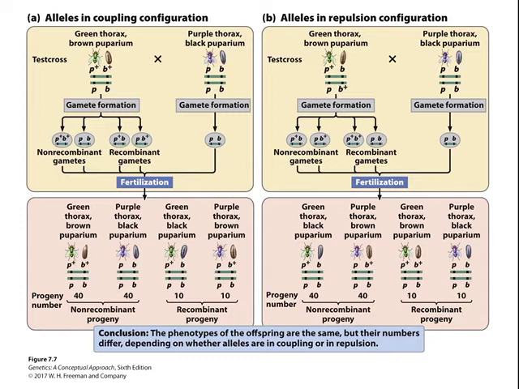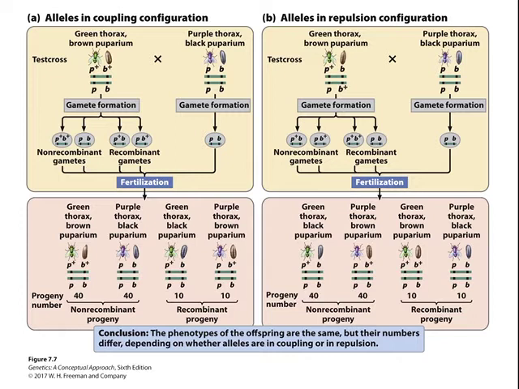Because these genes are linked, there are 2 possible arrangements of the chromosome on the heterozygous fly. The dominant allele for green thorax, small p plus, and brown puparium, small b plus, might reside on one chromosome of the homologous pair, and the recessive alleles for both are going to reside on the other homologous chromosome. This arrangement, in which the wild type alleles are found on one chromosome and the mutants on the other, is